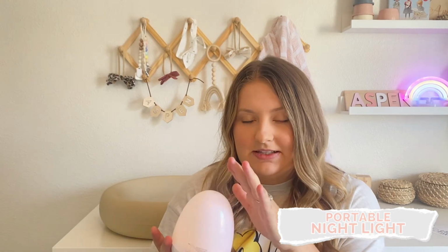We keep it in our room just next to the bed, and then we grab it, turn it on, and you can make it dimmer or brighter, however you want it. We just keep it very dim, and then we use it to guide us to her room, change her, and then take her back. It is super nice to have whenever you don't want to be flicking all the lights on, not only because it's going to wake yourself up more, but also you don't want to wake the baby